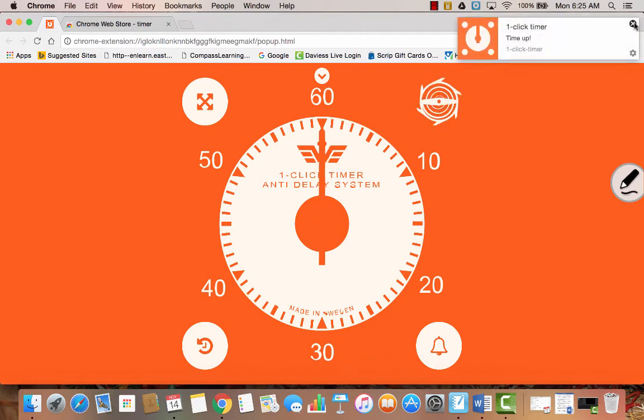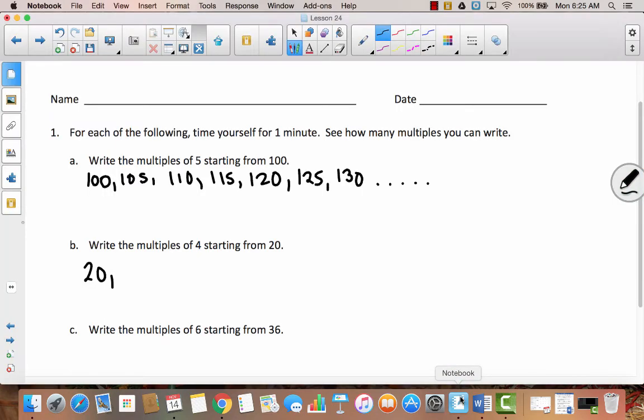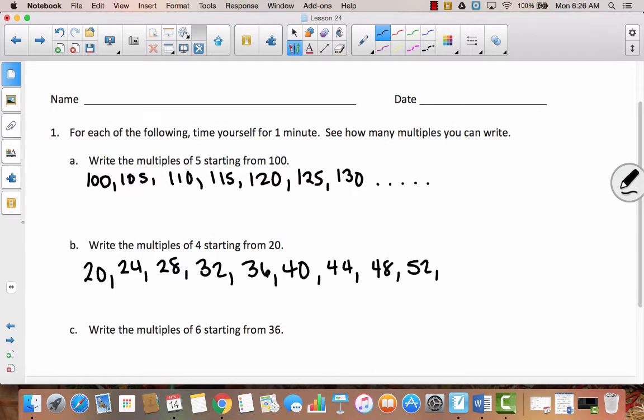Okay, stop. All right, so let's see how you did. We started at 20, we were counting by 4s. So that would be 24, 28, 32, 36, 40. Now you did this in your Zern lesson. In your Zern lesson, they were pointing out to you a pattern in the ones place. So once you figured out the pattern, it became pretty easy, because if you notice, the ones just continue to repeat over and over.